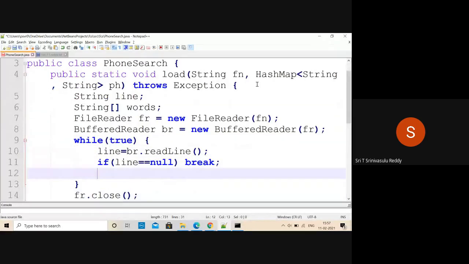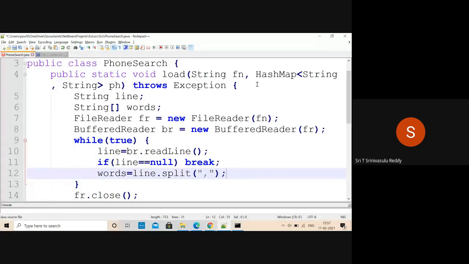Coming to this, what is to be done? words equal to line.split, and comma is the delimiter. That is how we are assuming. You can use any other delimiter also, but you have to use it appropriately.